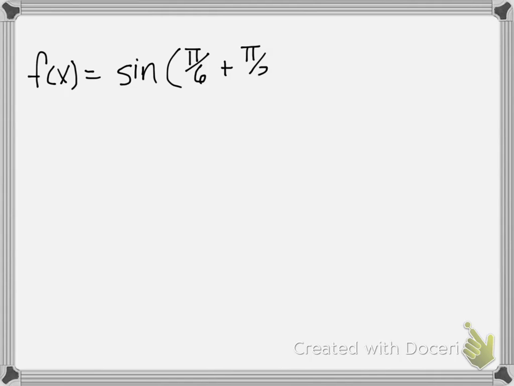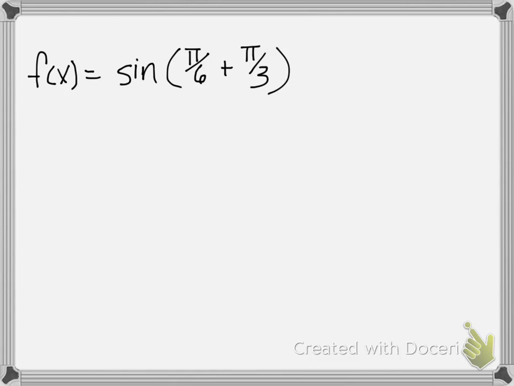Say that we want to take the derivative, we're just going to say f of x is equal to the sine of, let's just say, pi over 6 plus pi over 3. Alright, so it seems like it might be pretty straightforward, but if you remember